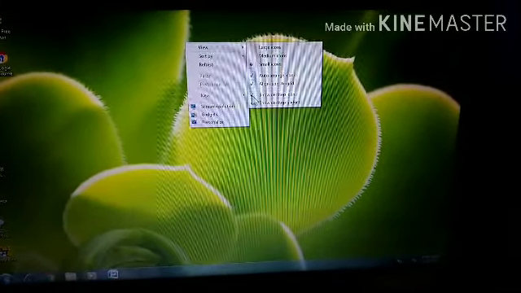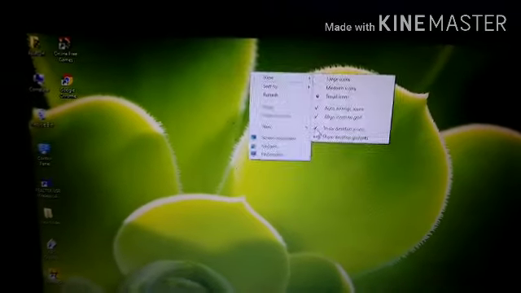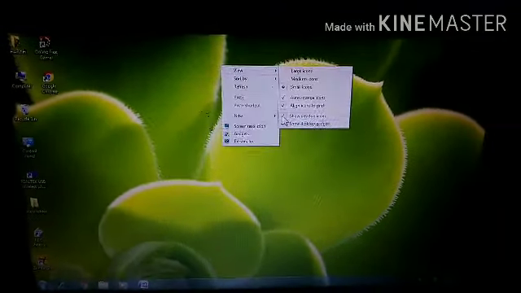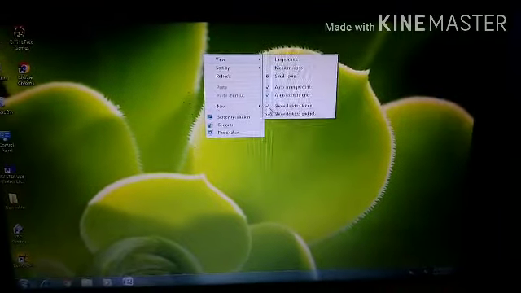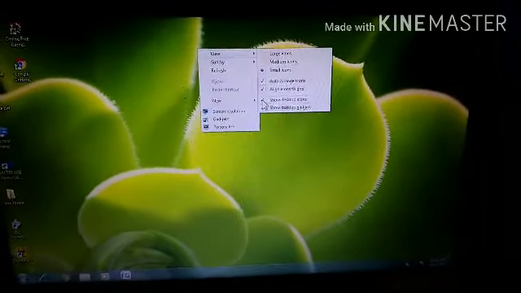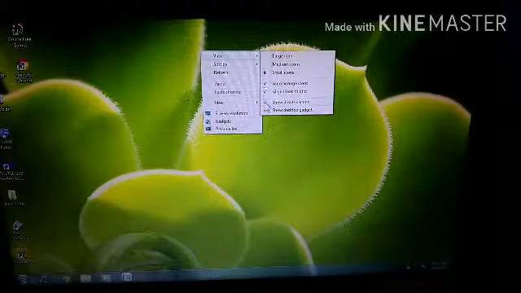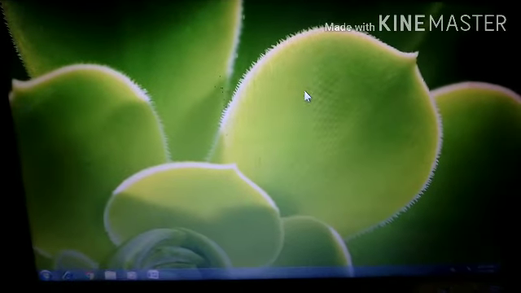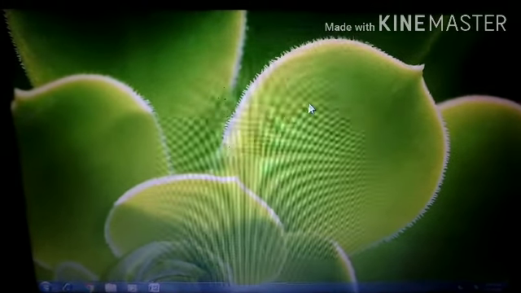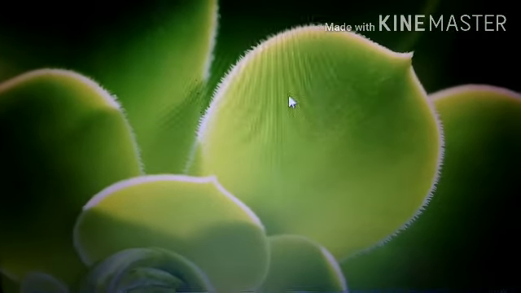Now show desktop icons. Sometimes we get confused about where the icons are, we are not able to see our icons on the desktop. So by mistake you have unticked this. Okay, means your icons are not appearing now. Not a single icon is appearing on your desktop now.